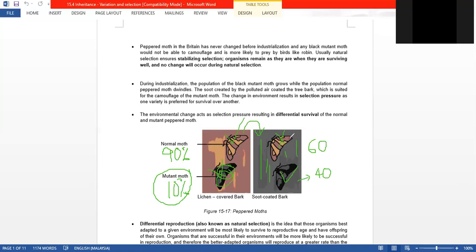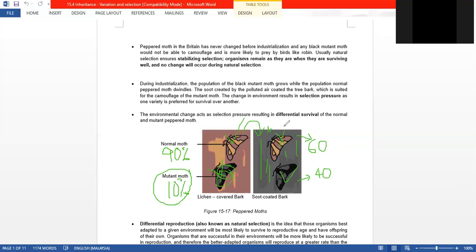While the pepper moth, because they are picked against, whenever they rest, they are eaten. So in that case, there is very little pepper moth around to reproduce. So there are fewer pepper moths after some time. This is an example of natural selection, where the nature, you might say that, oh, this